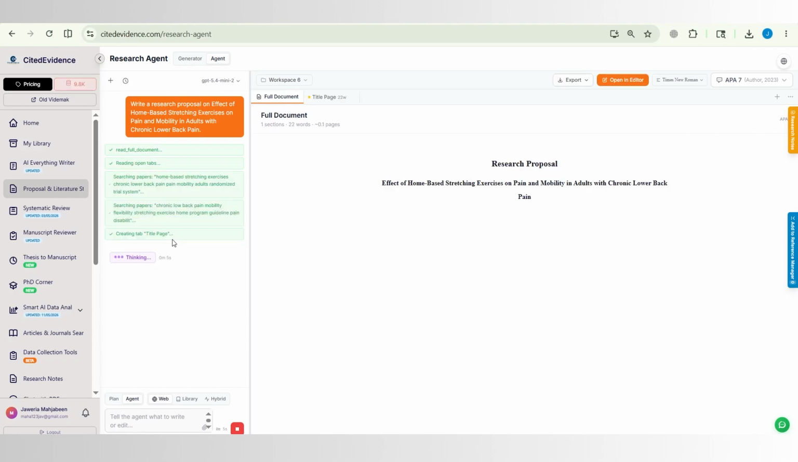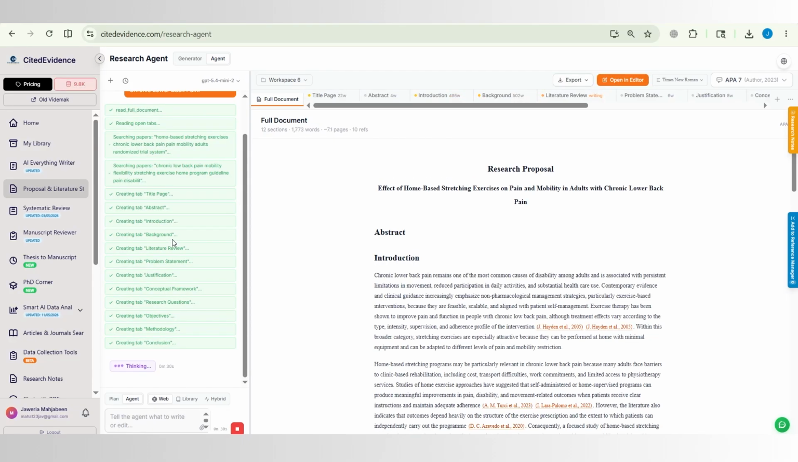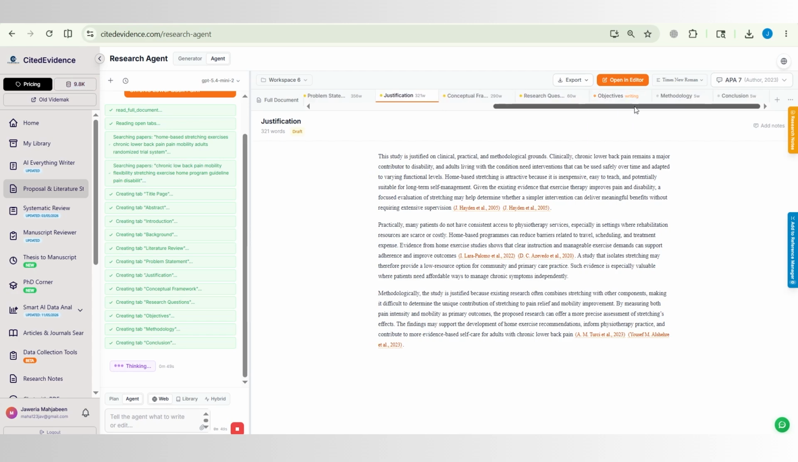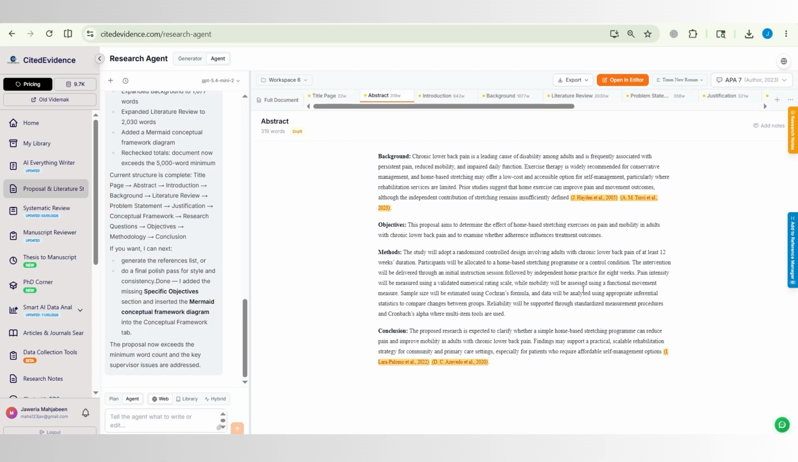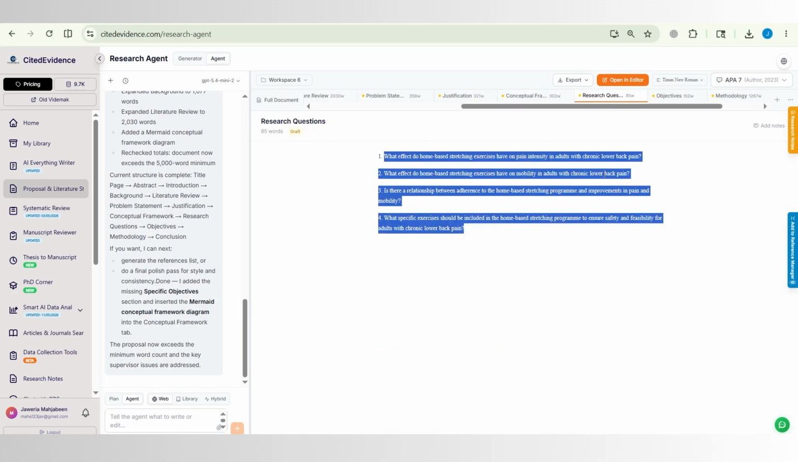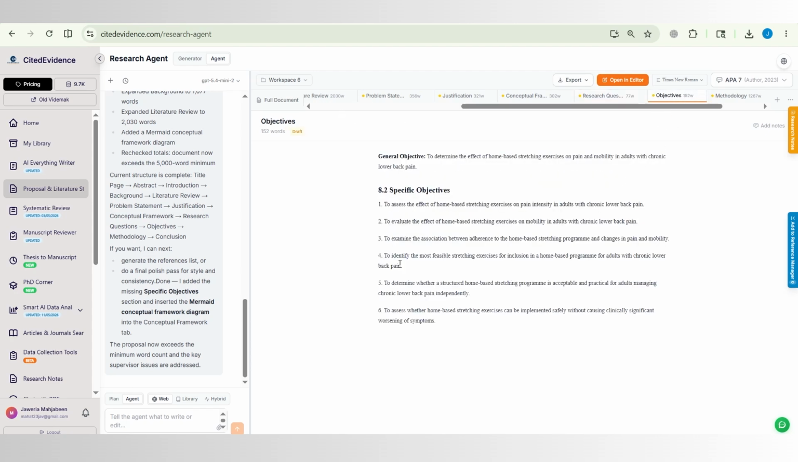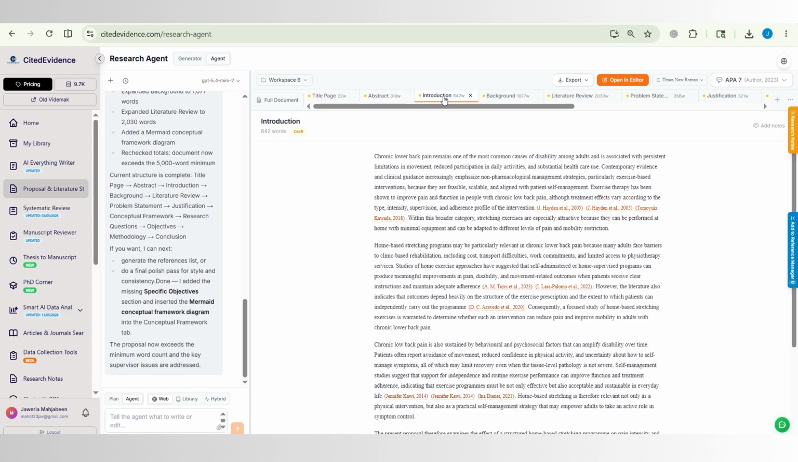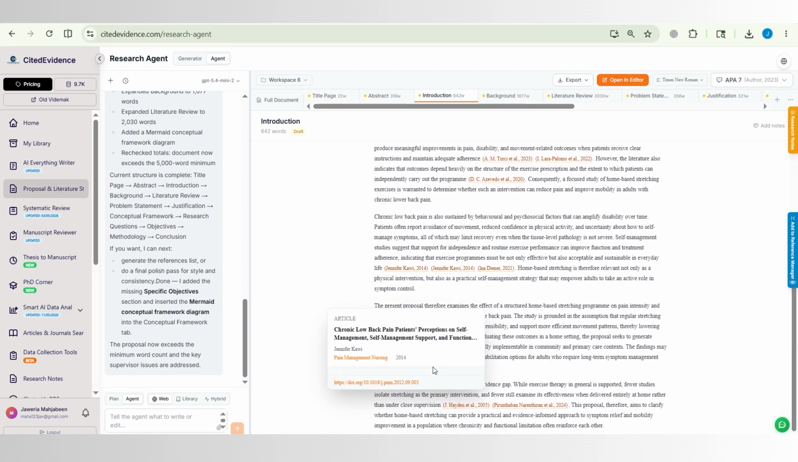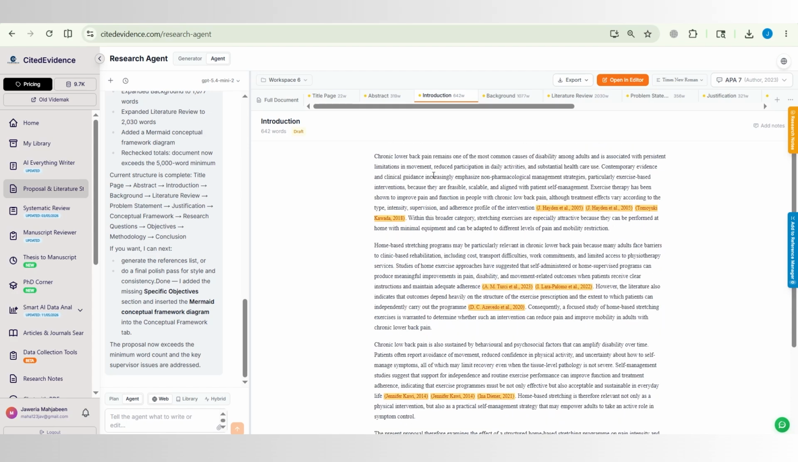This tool can take a simple health research idea and turn it into a complete academic proposal with a title, abstract, literature review, research questions, methodology, citations, and references. So instead of wasting hours figuring out where to start, you can create a strong proposal draft and improve it